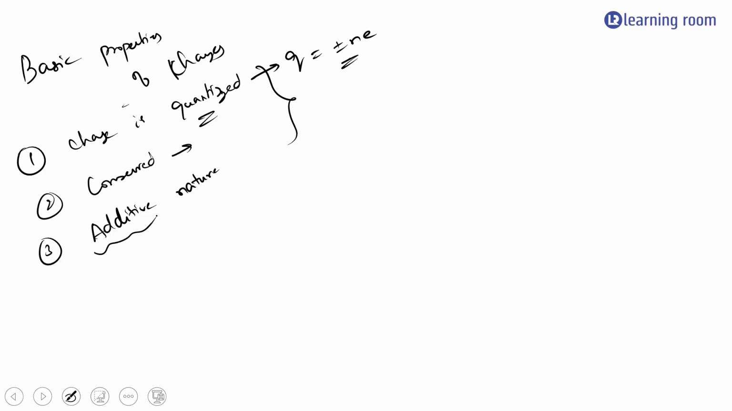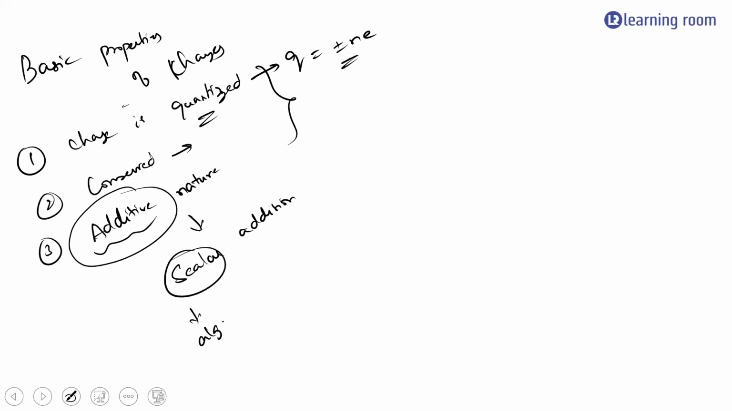And third is the additive nature of charge. So what kind of quantity is charge? Is it a scalar quantity or a vector quantity? Scalar. So when I say additive nature, you need to do the scalar addition. To be more specific, rather than saying scalar addition, I can say we need to do the algebraic